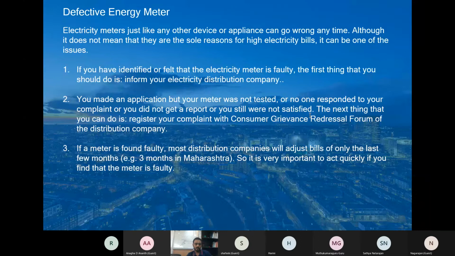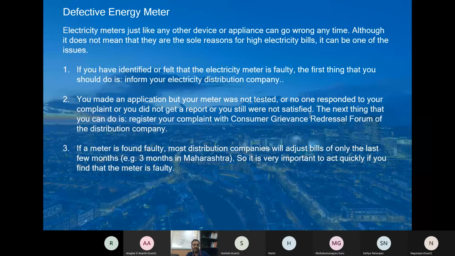The meter may belong to the consumer or the electricity distribution company. Both are responsible for the maintenance of your electricity meter. In fact, as per CERC, the Central Electricity Regulatory Commission, regulations and protocols, the electricity distribution company should test the meter once every 5 years, or more frequently, and the cost has to be borne by the company. CERC regulation also states that the responsibility for the safety of the meters lies with the customers.